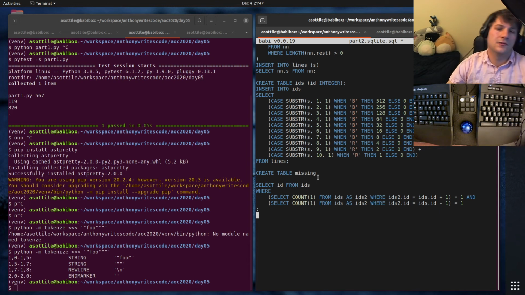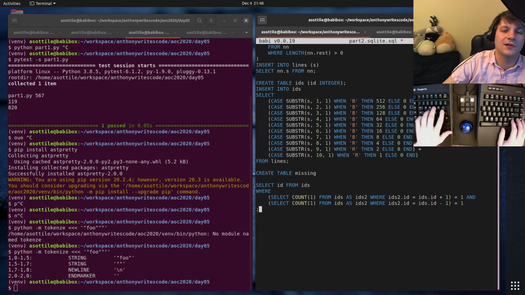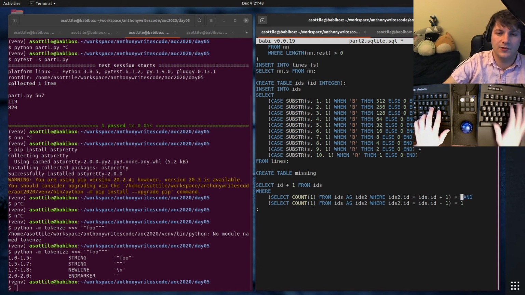Where? No, because we know it has to be something like, we'll do it without the generative table. Let's do that. Select ID plus 1 from IDs where select count equals 0 for ID plus 1 and it equals 1 for ID plus 2. I think that'll work.